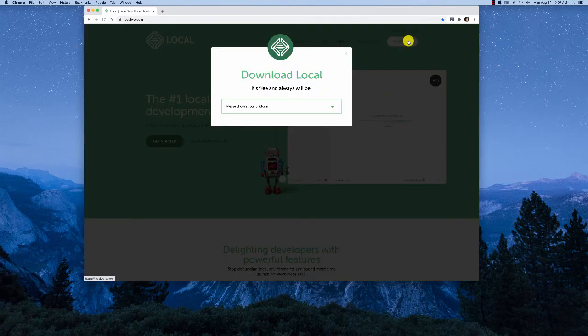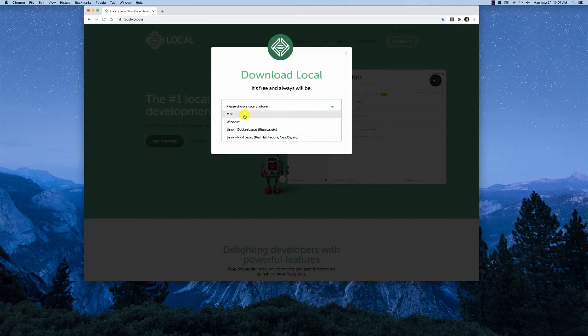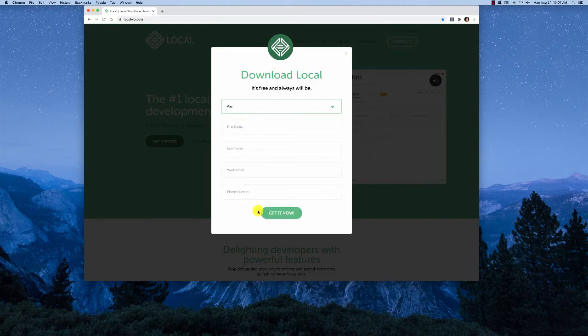You click on that, you choose which operating system you're on. Let's see the list here. I'm on Mac, you might be on Windows or you might prefer Linux. Let me choose my platform, and I believe the only required field is the email. Let's click on yeah, and you put in your email,